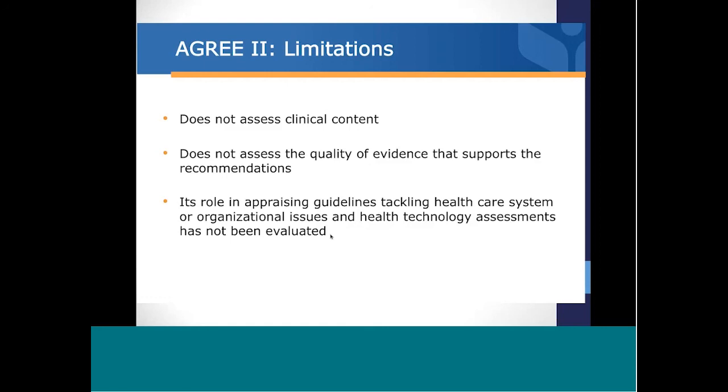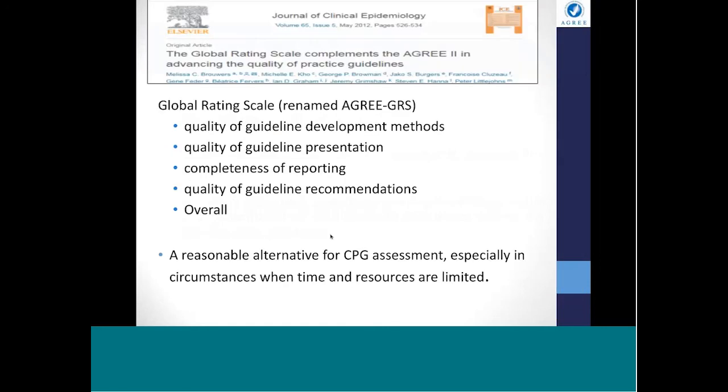health system guidelines documents. And this is a final word for an additional tool, which is the AGREE GRS, a very compact, small tool, like a little AGREE. It's a global rating scale, very short, that is related to AGREE, of course, and only includes 4 domains, as you can see: quality of guideline development, quality of guideline presentation, the completeness of reporting, and the quality of guideline recommendations. And an overall